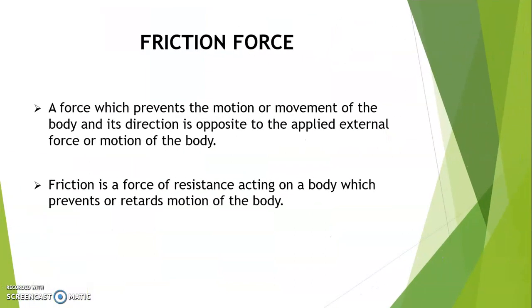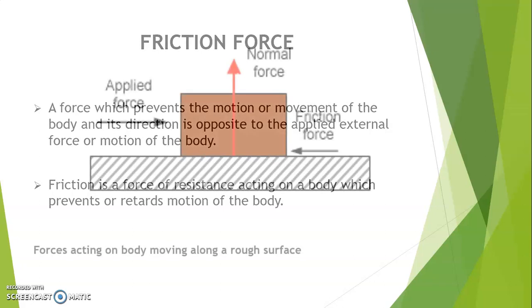To begin with, I want us to define the term friction force, and it is usually seen as a force, as the term says. It is a force which prevents the motion or the movement of a body, and it is usually in the direction opposite to that of motion of a given body. So if a body is moving to the right, then from the definition of the friction force, it is supposed to act against it. In this case, it will be moving to the left in an attempt to derail the movement of the said body. So it is simply seen as a force of resistance, which tends to prevent or retard the motion